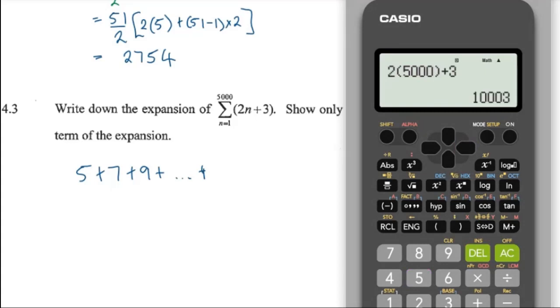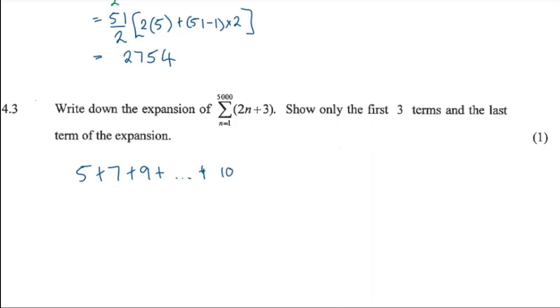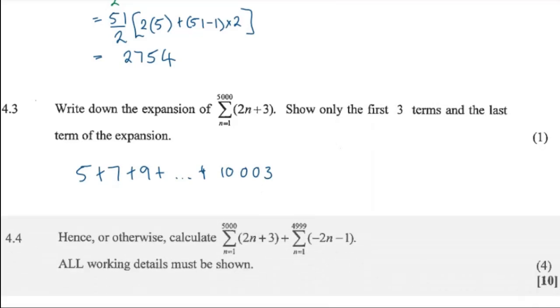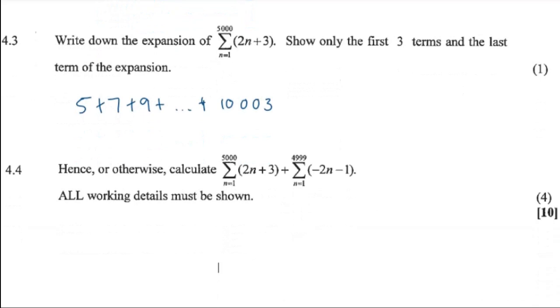Okay, so that's 10,003. Basically that's what gets you 1 mark. Okay, so that one was also pretty straightforward. You just need to understand how to work with your sigma notation. So, hence or otherwise, calculate that in there. What we're going to do is find the sum of that using our sum